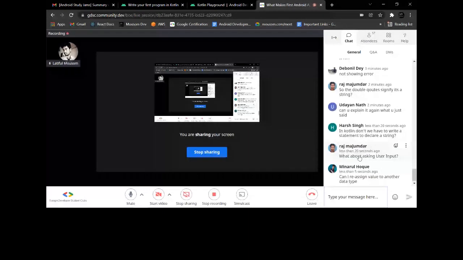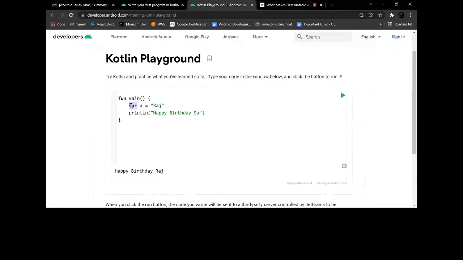Can I reassign? Yes, you can reassign to this variable type, but there is also a type called val. Okay? So this is a value type. Once it is initialized, it cannot be changed. Let me show you.